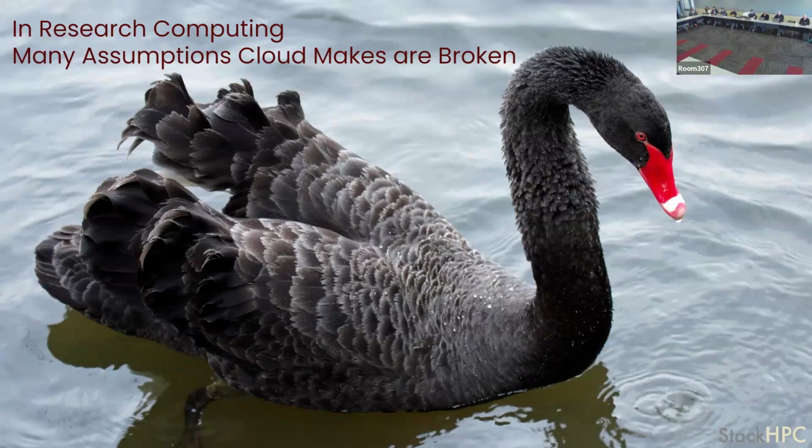So we start with the black swan, and that's really the reason for the group's existence in a nutshell: a lot of what people tend to do in research computing doesn't really fit with the way that cloud assumes that people consume compute infrastructure. In a cloud, you don't tend to have one project using 95% of the resources and provisioning one software image onto every single node in one move, which can tend to happen in research computing environments. So there are simple examples where it's clear that the way that cloud thinks is actually not quite how research computing is planning to use it.